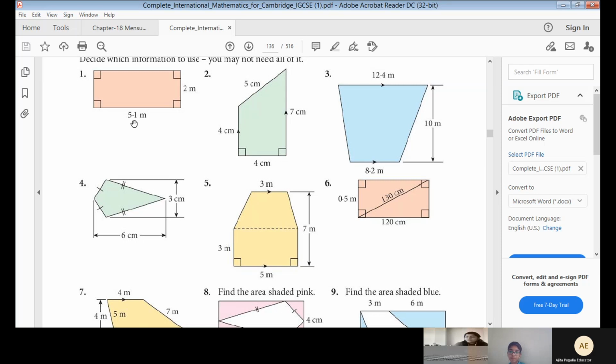What is the second one? 23.5. Wrong. Second answer is wrong. 16. 3, 5, 15 divided by 2. That's 3 times 5 is 15. Why divided by 2? One second, Neve.